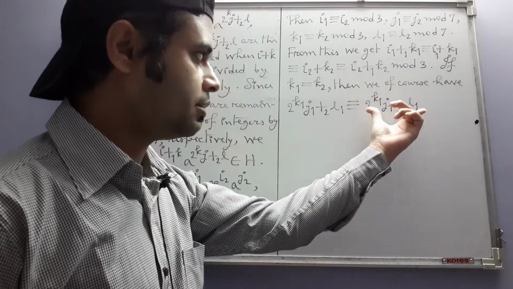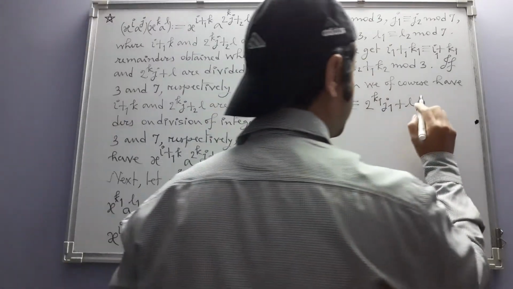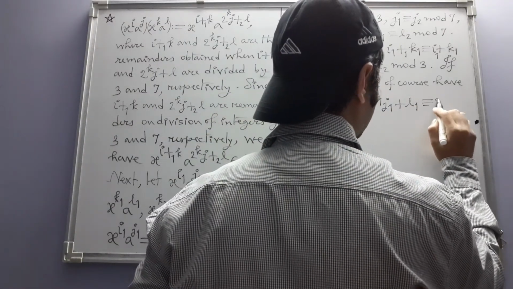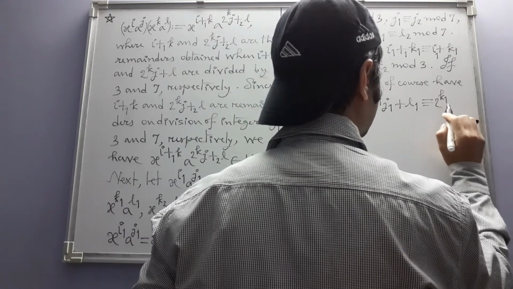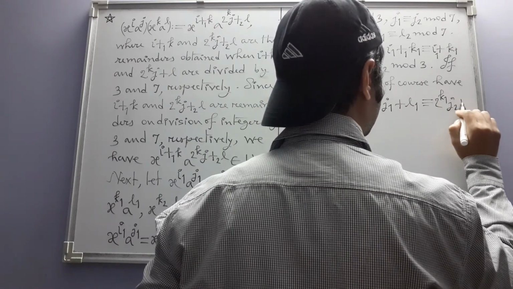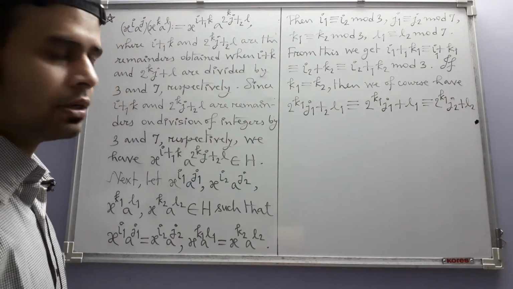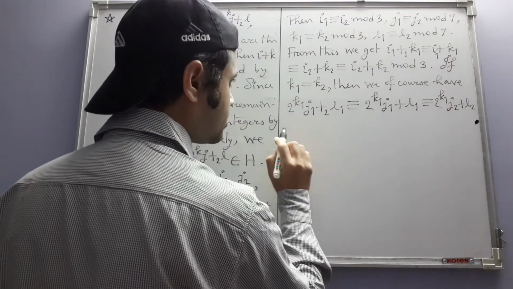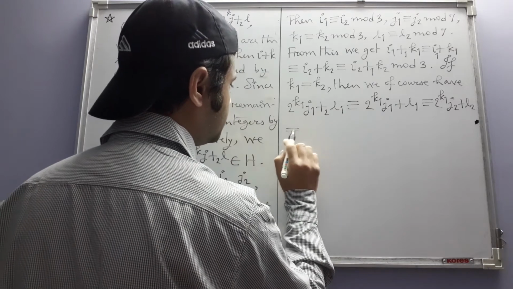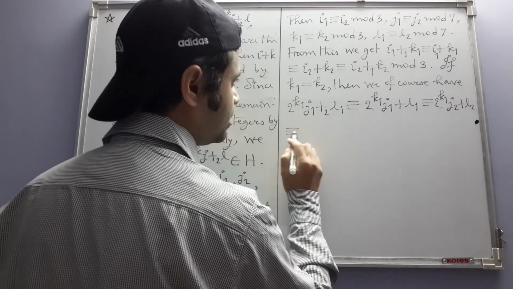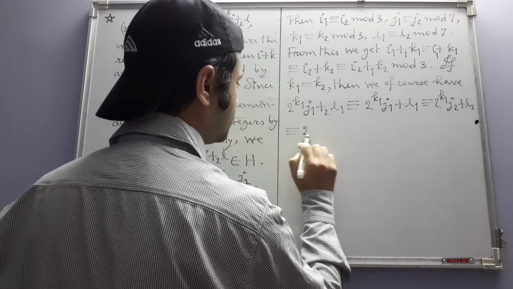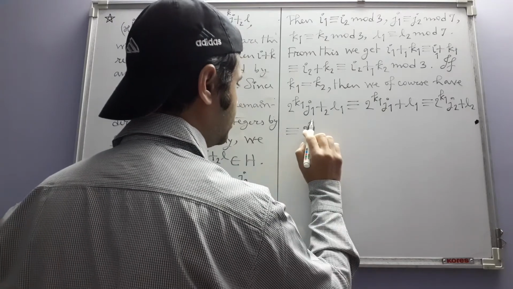That will tell you that this thing is congruent to 2 to the power k1 j2 plus L2 mod 7, and because k1 is equal to k2, if you want you can write equal to also here, but it does not hurt to write congruence: